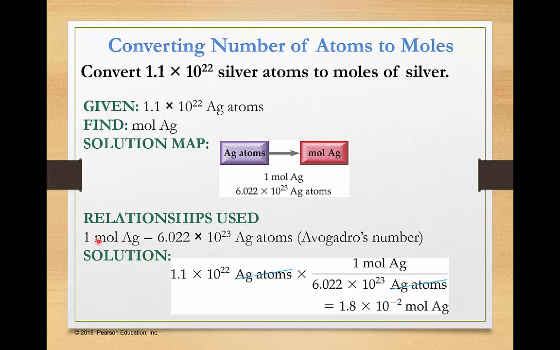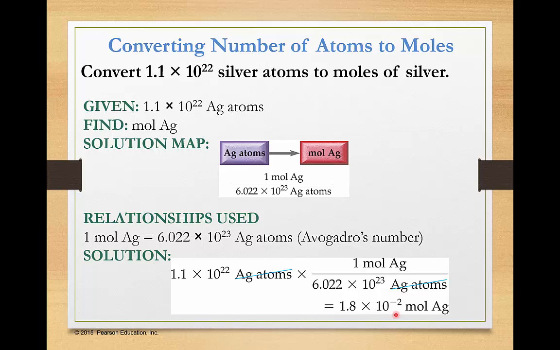Okay, so now instead of 1 mole of helium, I've got 1 mole of silver, same number. That does not change. It is the number of atoms in a mole. As long as it's silver here, or in the previous case, helium and helium, that relationship still holds. So now I set it up: 1.1 times 10 to the 22nd silver atoms times my conversion factor, the number of silver atoms cancel out, and it leaves me with the moles of silver. So I have 1.8 times 10 to the minus 2,